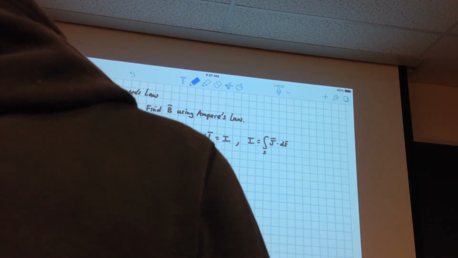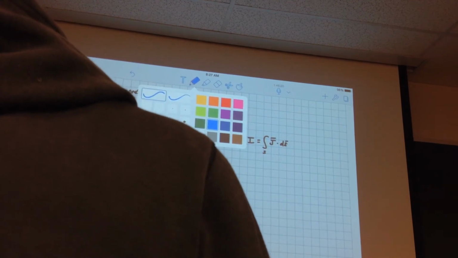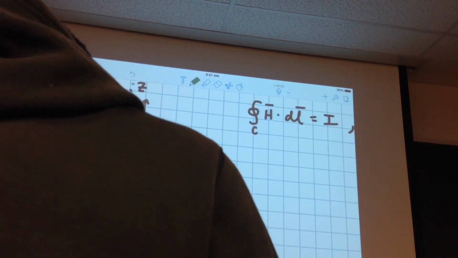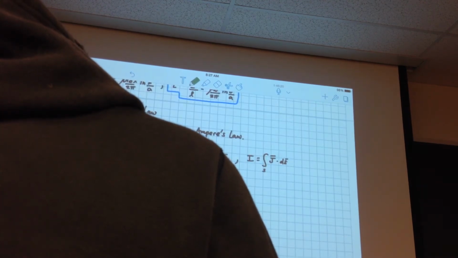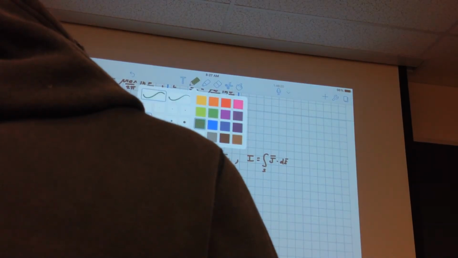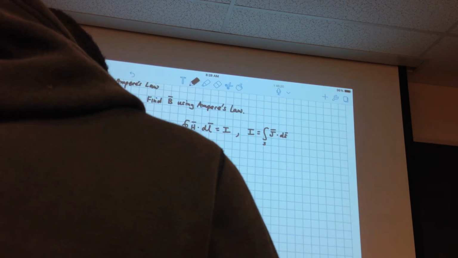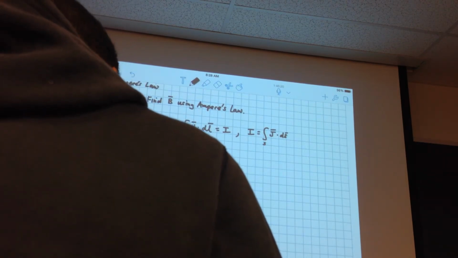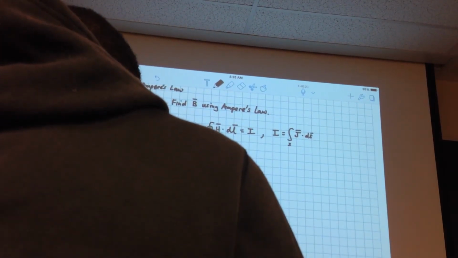All right. So that circle then, we can proceed with Ampere's law, with our Amperian contour. Now, contours and surfaces have